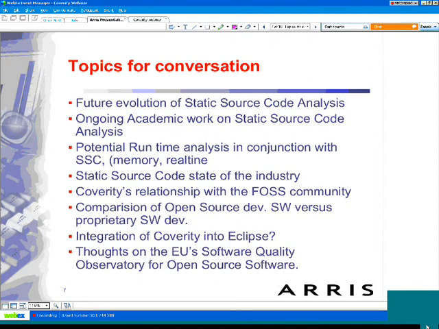So what do you see coming out of the academic world that might be applicable to source code analysis in the future? So Dawson Engler, who's the professor behind this research, has always been really focused on finding bugs automatically since he's